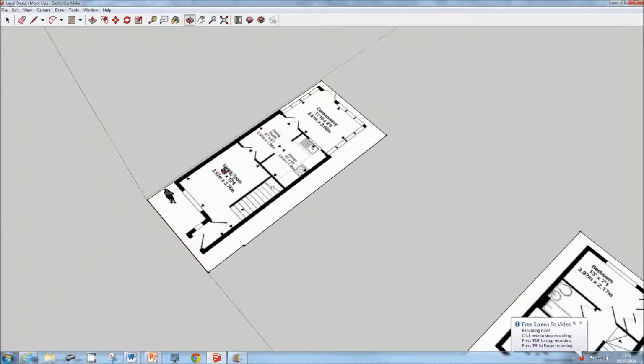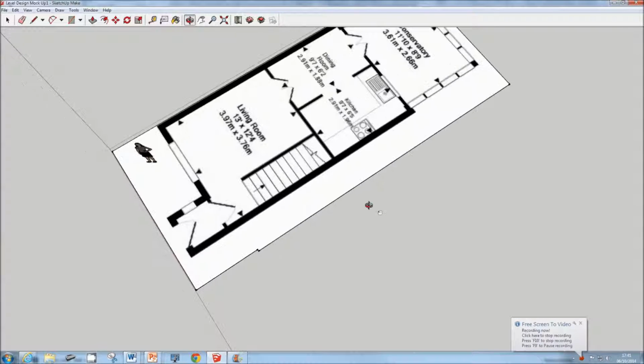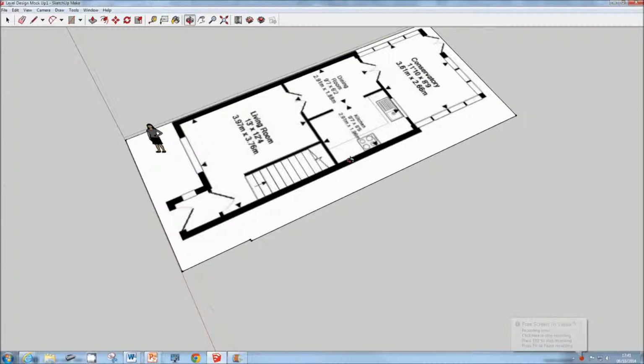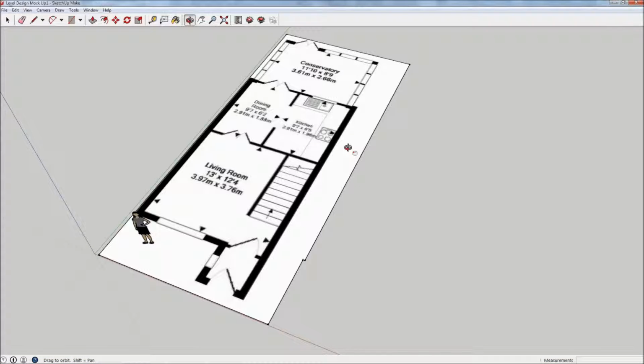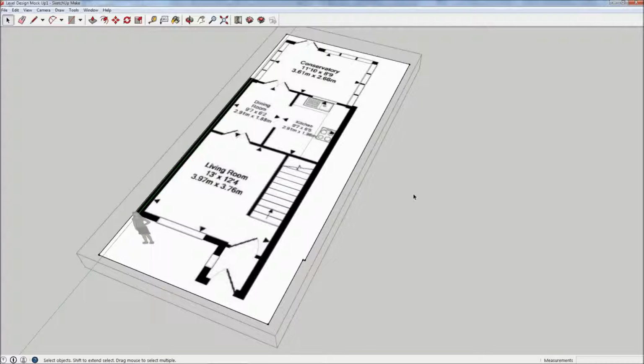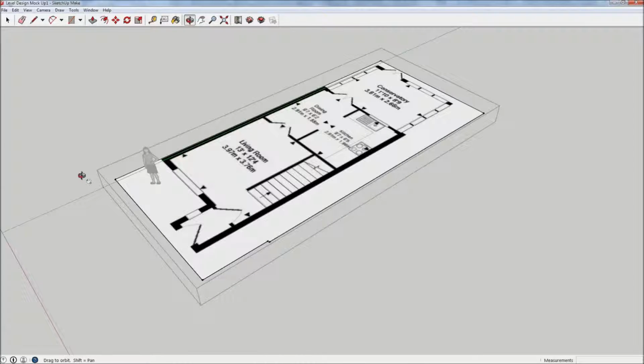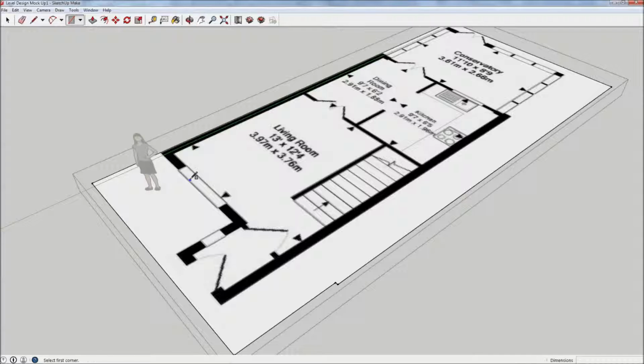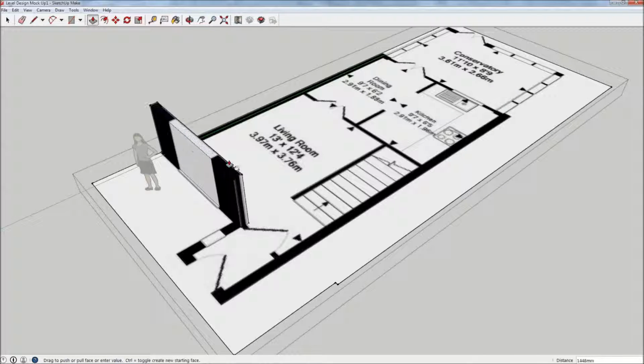Okay, so the next stage, now just using the view tools, get to a suitable viewpoint. Now with the selection tool, if we double click to go inside that group again, then we use the rectangle tool, and again don't worry about this being absolutely exact at the moment. We'll draw over a section of the wall. Then with the push pull tool, we drag up, project up